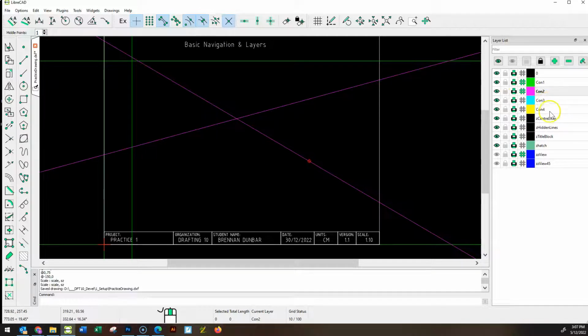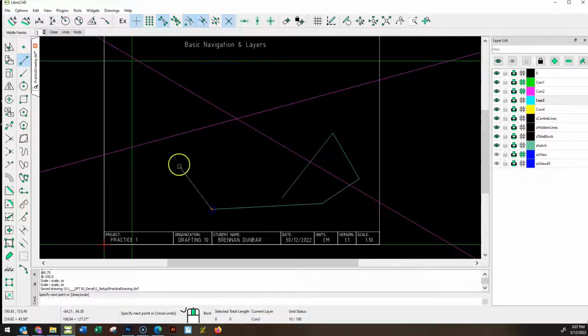Now my Con 3 layer and my Con 4 layer, those are both also construction layers, but I have the hashtag unclicked, which means that when I draw lines in these, I can start anywhere and stop anywhere. So I can draw something like that. You'll notice it wasn't an infinite line, and the yellow line is the same. So if I just wanted a line that went from here to there,